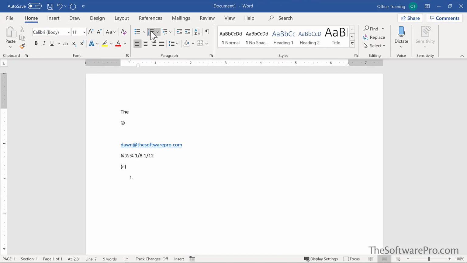Now you've seen how to save time and effort by taking control of the automatic text correction and formatting features in Microsoft Word. For more tips on being productive with Microsoft Word, head to